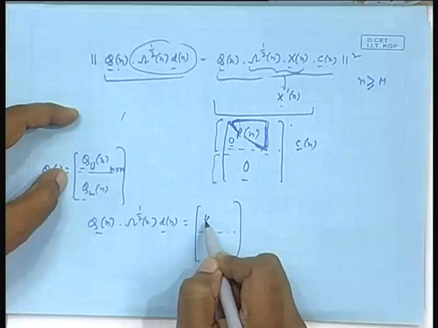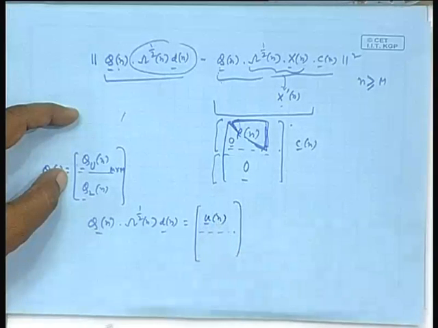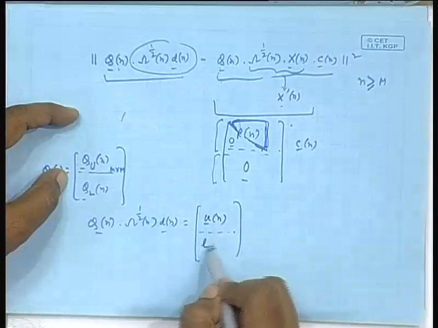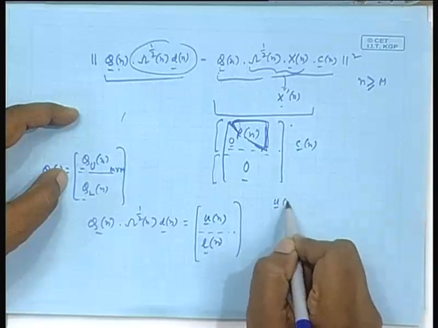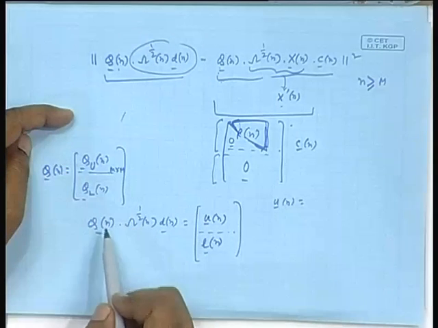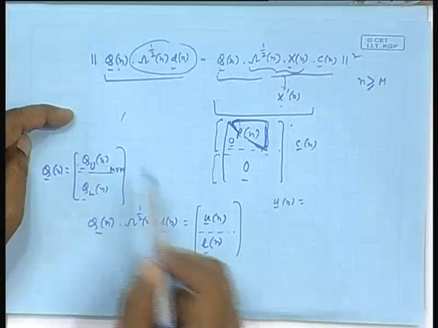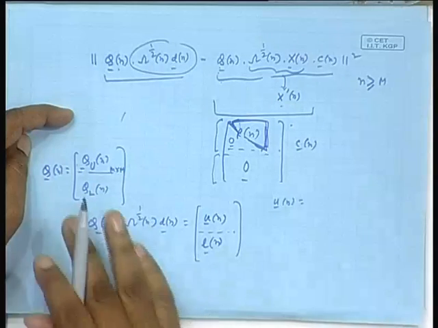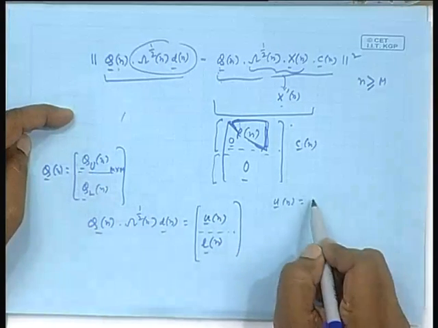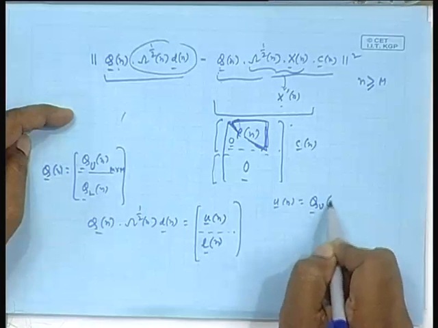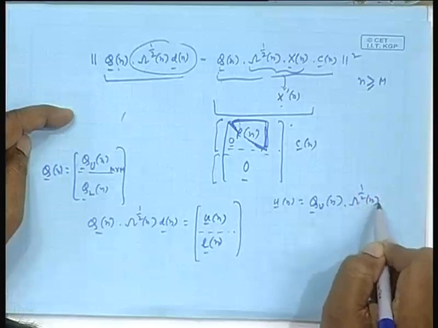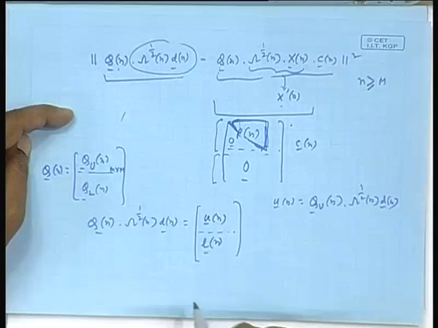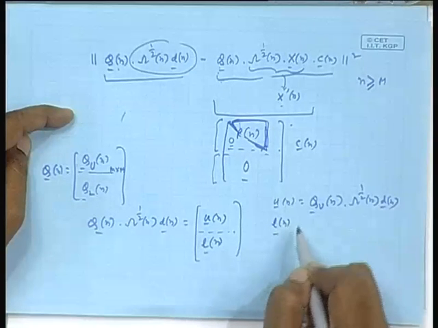So, I can call the upper vector u n and this lower vector l n. What is u n? In q n, the upper part times this vector. This is simple matrix multiplication, that is q u n times this guy. And l n is